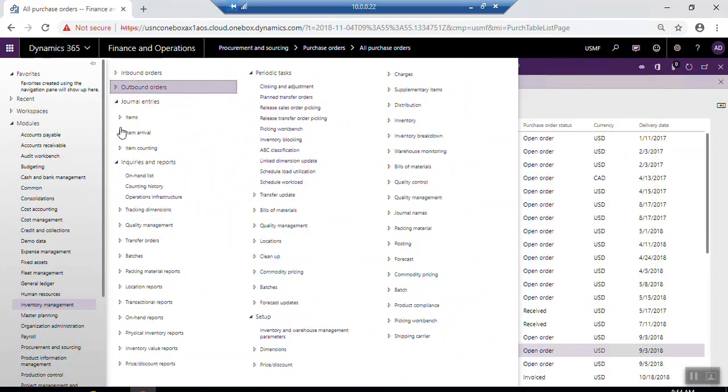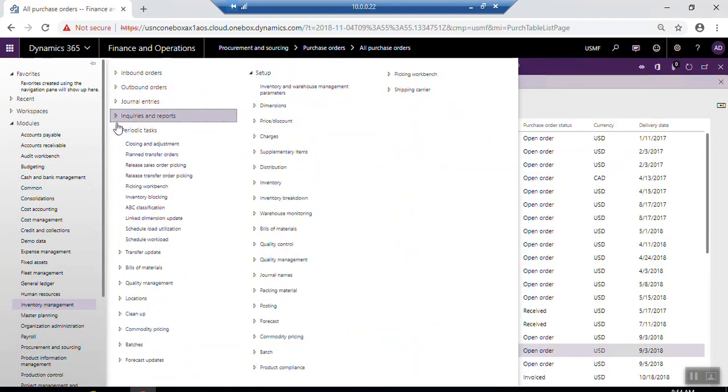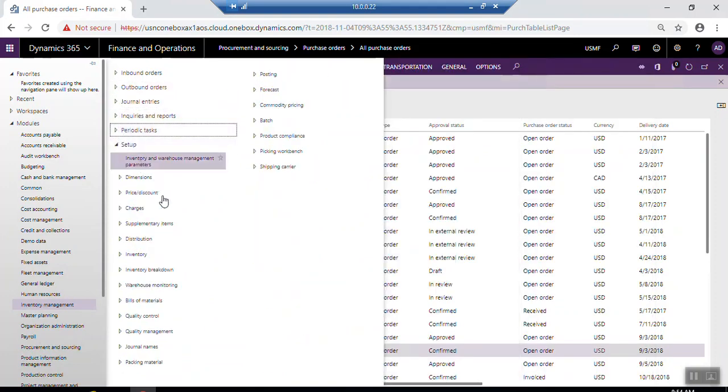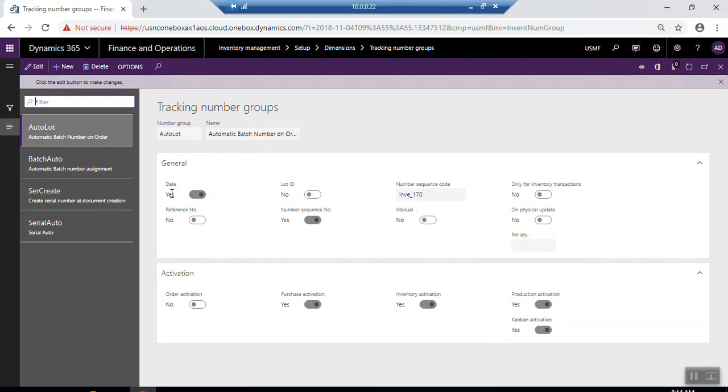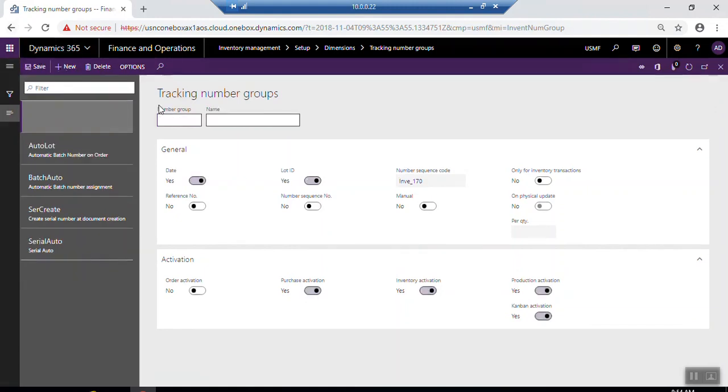setup area. Here are dimensions, then tracking number groups. For example, you need to make one for the serial, an auto serial, automatic serial